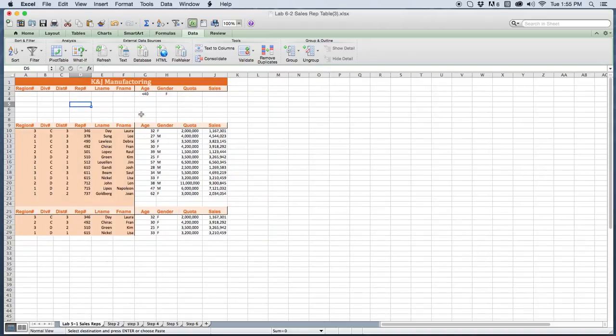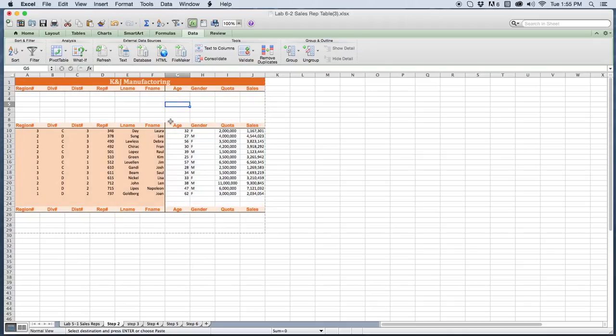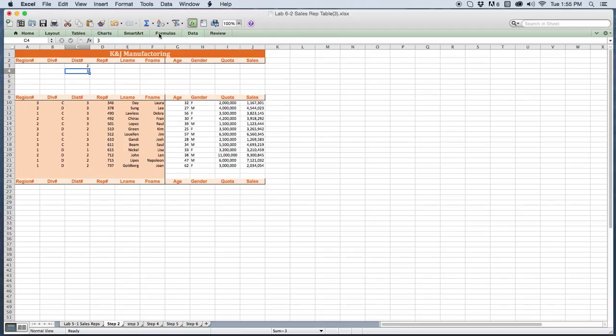So step 1, we've completed. In step 2, here we're looking for district 2 and district 3. So I'm looking at district 2 and I'm looking at district 3. Again, I want to make sure, which I already have, that these headings here are exactly the same here and exactly the same here. So I've entered in my criteria, and once again, I'll want to use my Data tab,